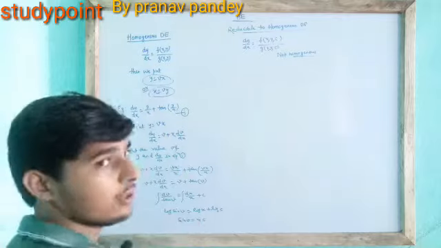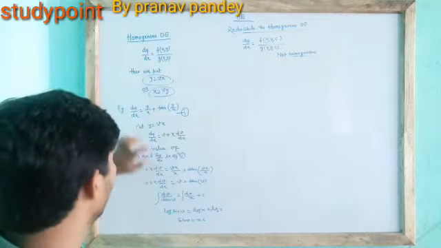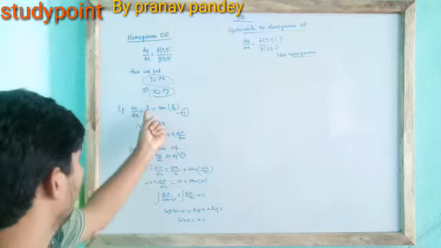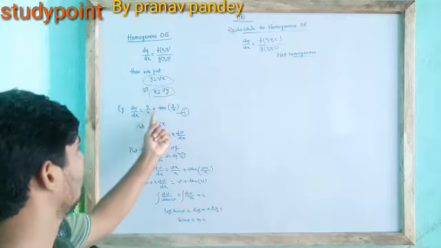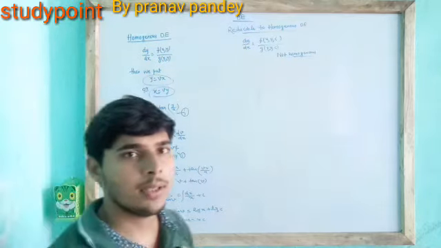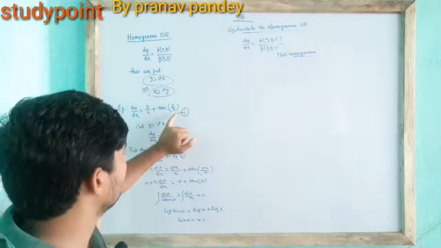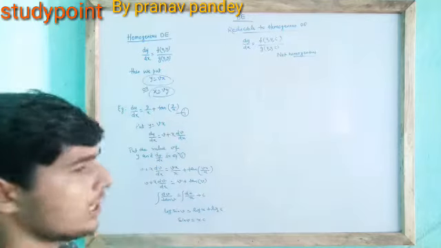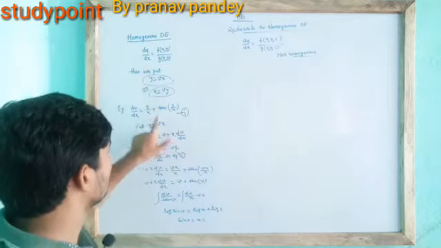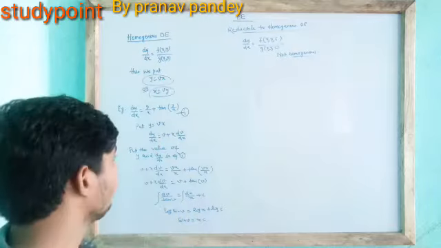So let us see this example. dy by dx is equal to y by x plus tan y by x. What we need to do is first of all check that it is homogeneous differential equation or not. We see here above it is y by x plus tan y by x. Here y is a linear function, it has no power, only power 1. Similarly x, so here y has 1 and x has also 1. So we check that the function satisfies the f(x,y) by g(x,y) condition. So we can say that it is a homogeneous differential equation,